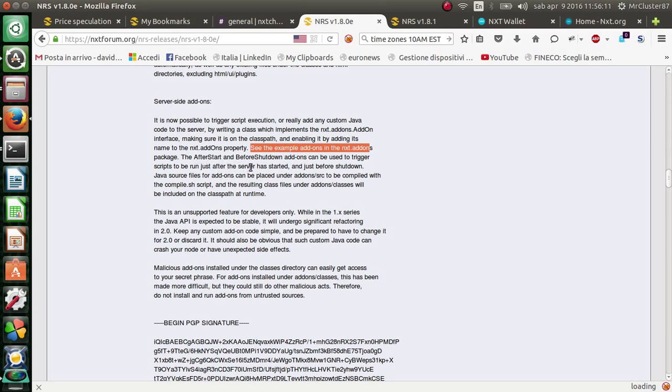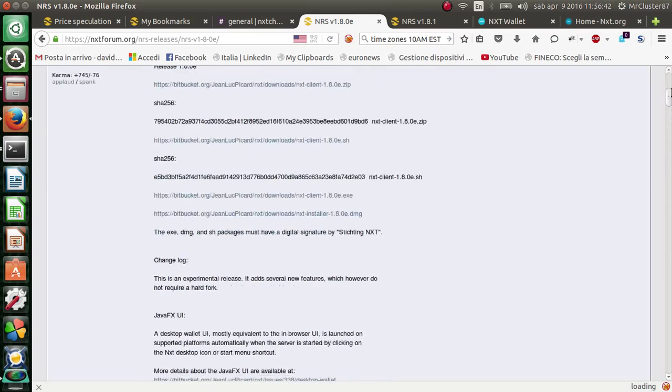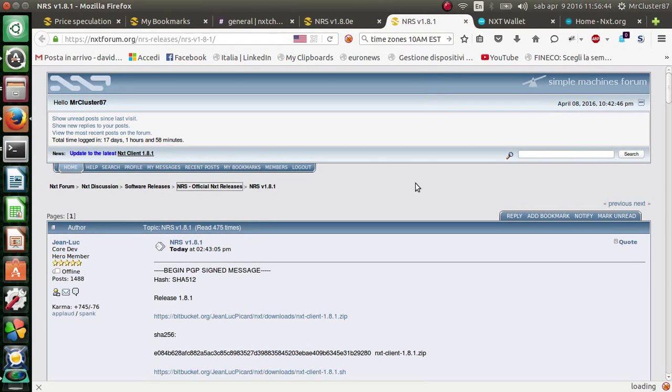The after start and before shutdown add-ons can be used to trigger scripts to run just after the server has started and just before shutdown. Okay. Java source files for add-ons can be placed under add-ons src to be compiled with the compile.sh script. Okay, for developers only. Okay, let's move on to the official